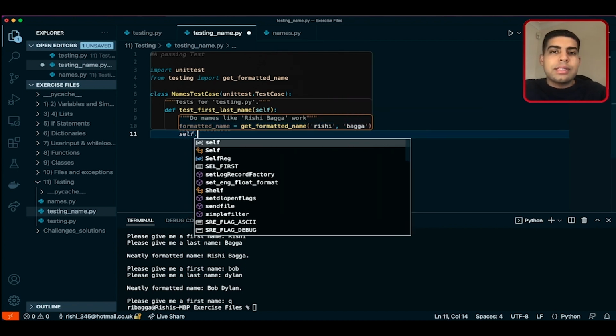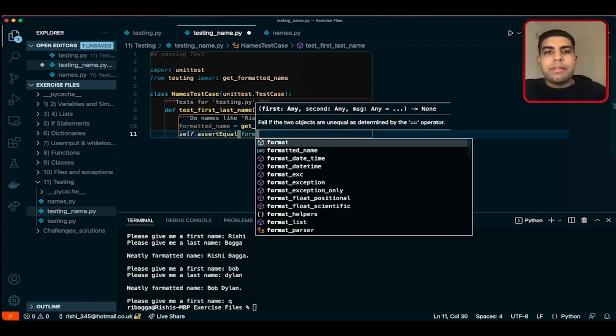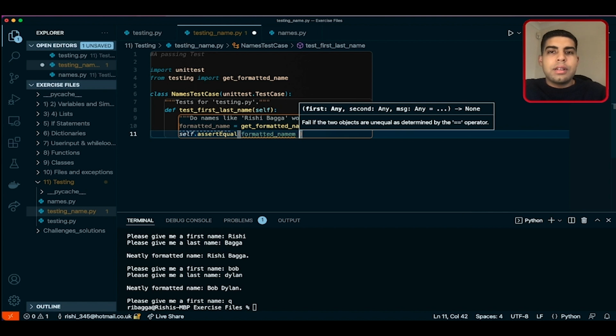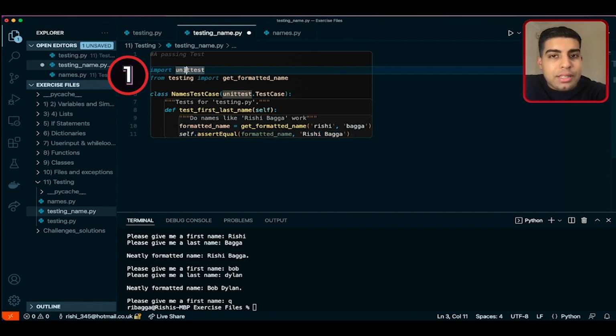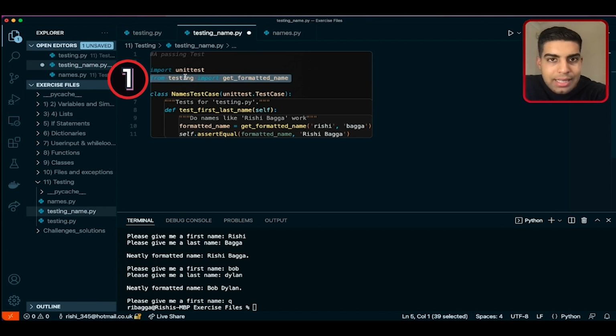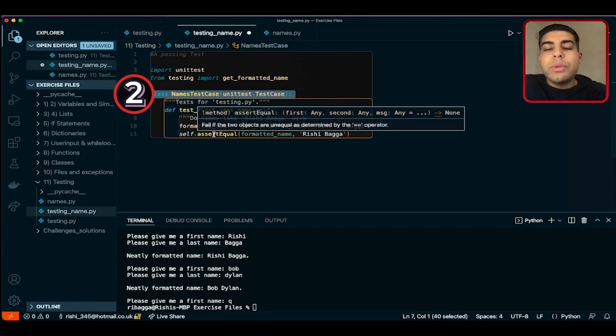And then we're going to go for our self.assertEqual. And within this, we're going to have our formatted_name. And we'll write out Rishi Bagger. Wonderful. So let's go through this in detail. So first, I've gone ahead and imported the unittest and the function that I want to test, which is our getFormattedName. We then go ahead and create a class called NamesTestCase, which will contain a series of unit tests